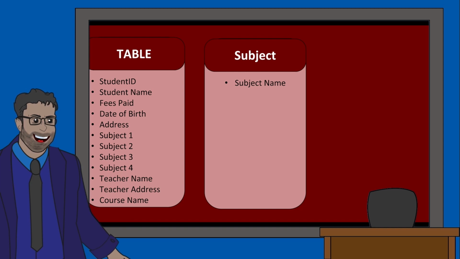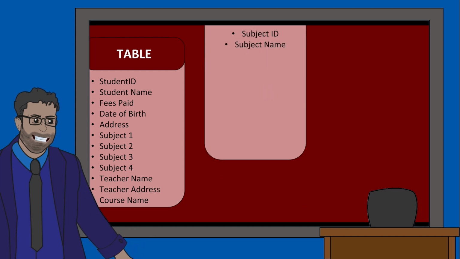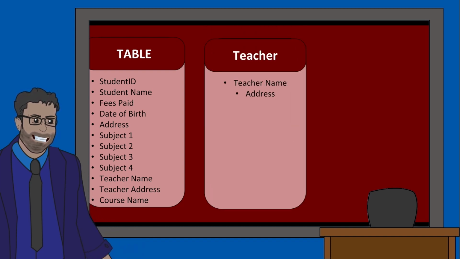But a subject's name is not necessarily unique, so we should give it a primary key to now look like this. Next, we can make a teacher table to include all data about the teacher. The table will look like this. However, again, there's no unique data field here, so we need to add a primary key, making it look like